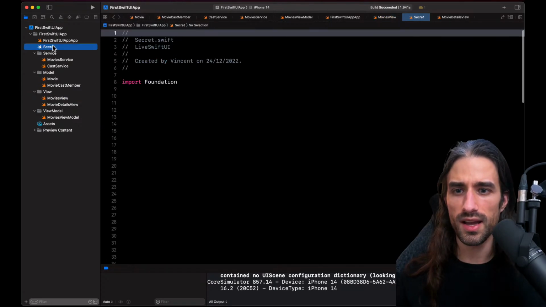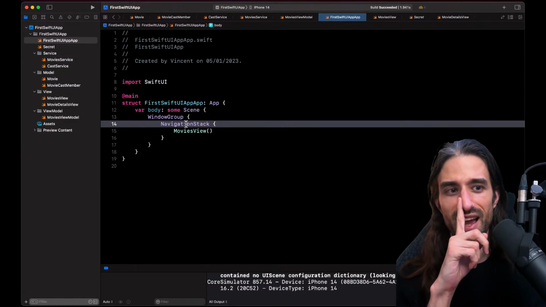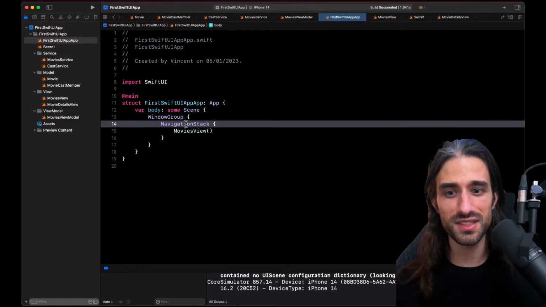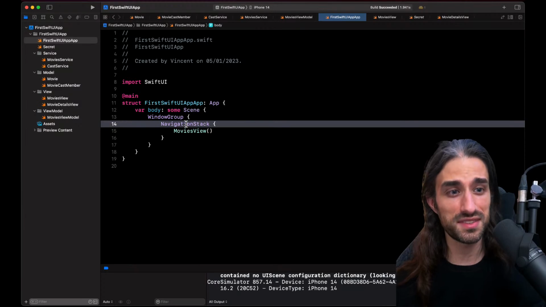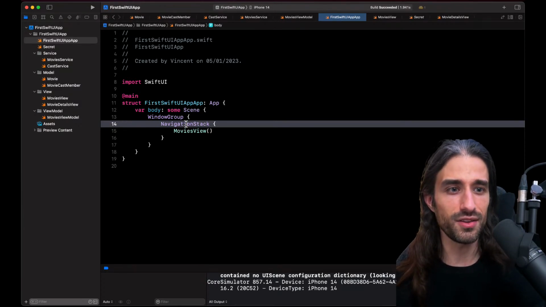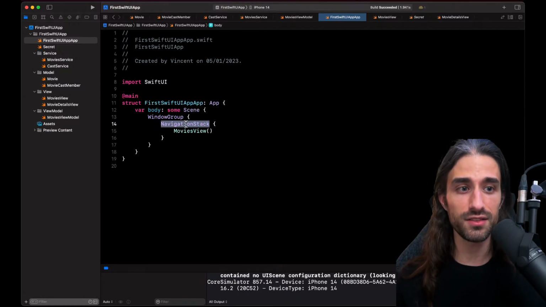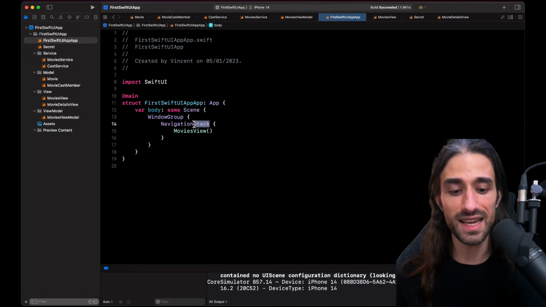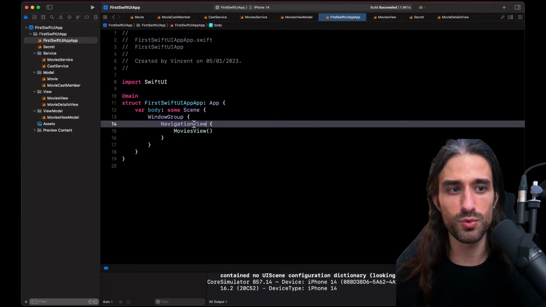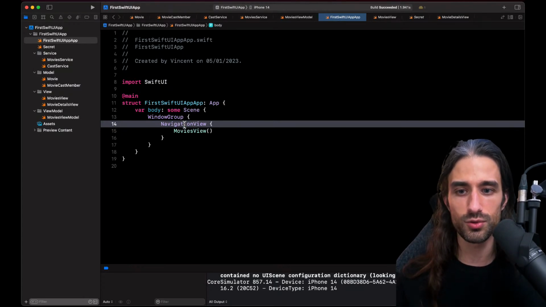You know what? Actually, now I remember why I wanted to use navigation view and not navigation stack. I got carried away wanting to improvise, but the reason is that navigation stack is only iOS 16. And so if you're working on an app today, there is a good chance that you still need to support at least iOS 15, so you can't use navigation stack yet. That's why I wanted to use navigation view, which is the component that most apps today have access to. And at work, we're still supporting iOS 15, so we're still using it.